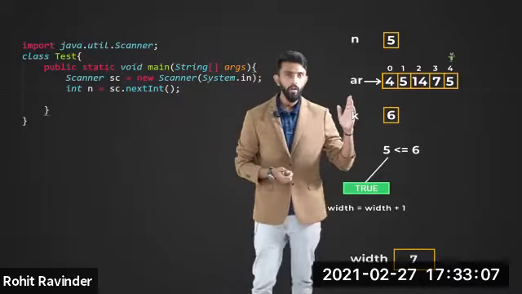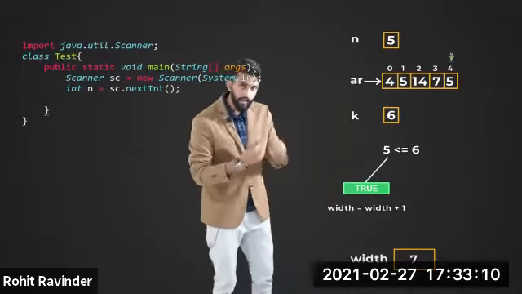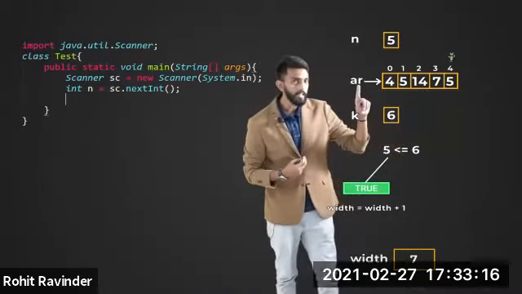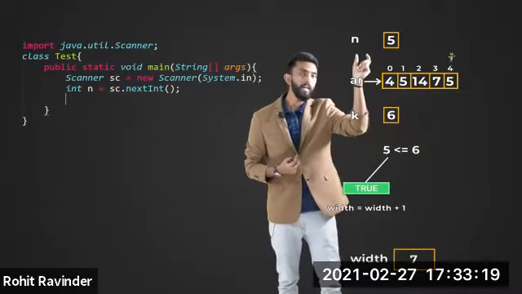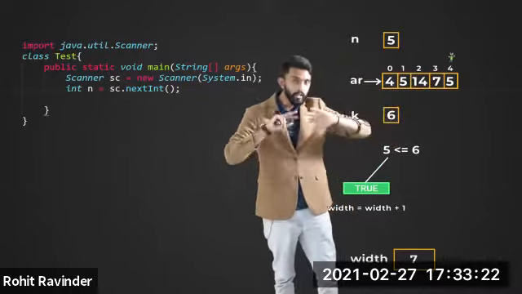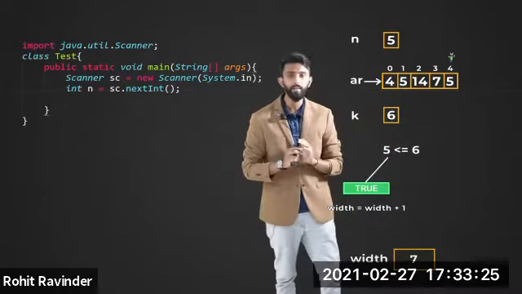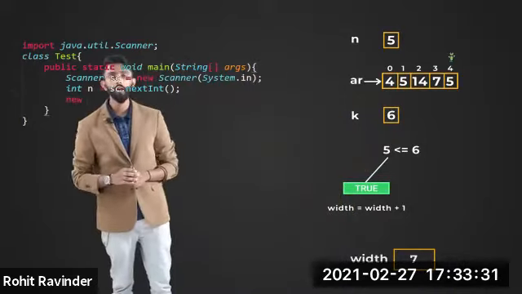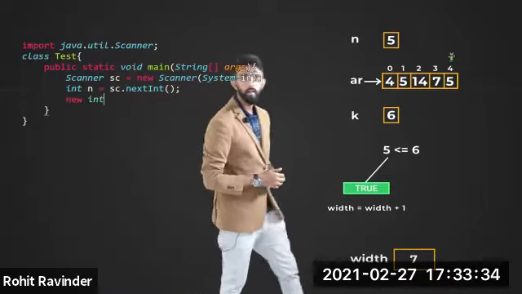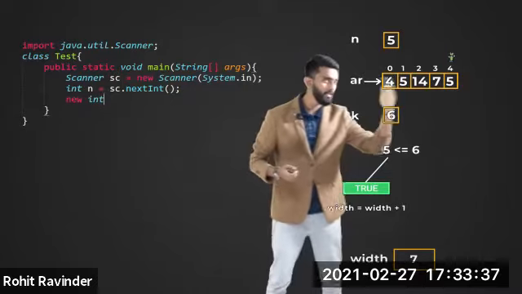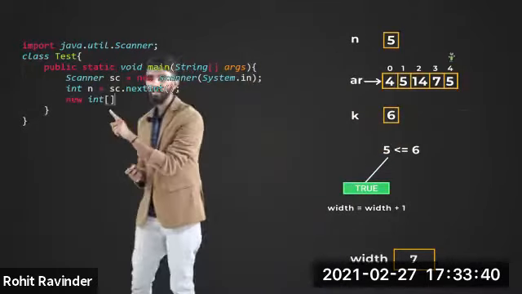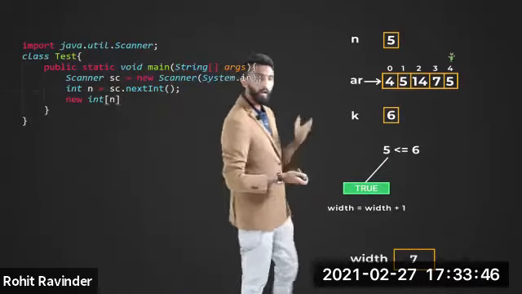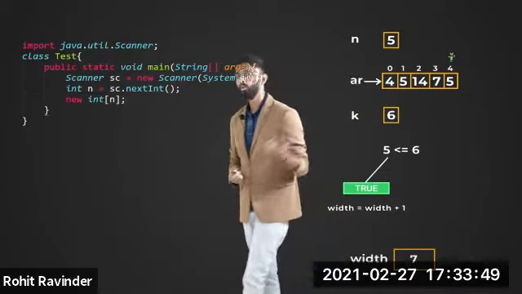Next, I will come. N I've got. Now, if he has told 5, you have to take input 5 times and store that within an array called AR. And the size of this array is the same as n. If n is 5, size of the array is 5. So first let's create this array and keep it, which is of size n. How to do it? Simple. Arrays are objects in Java and hence I will tell new. What do I want to create? I want to create an integer array, so I'll tell int. Next, within brackets, I should tell the size of the array, and clearly this is a one-dimensional array, so I'll just use a single pair of brackets, and inside that, I will not tell 5. In general, I will tell whatever is n value, that should be the size of the array. That's it. Now I need to give a name or a reference to this object, and I'm going to call it AR.